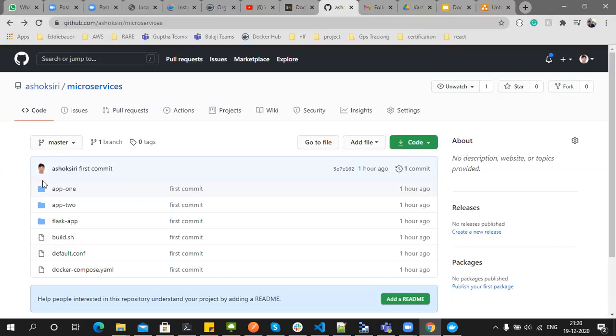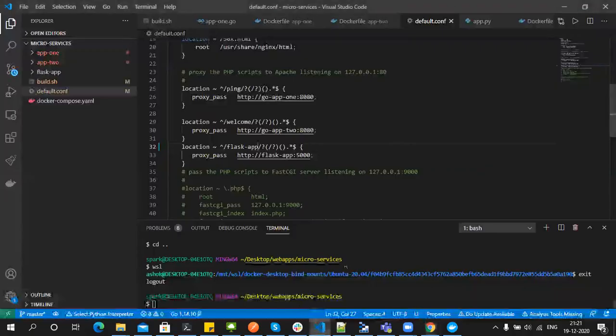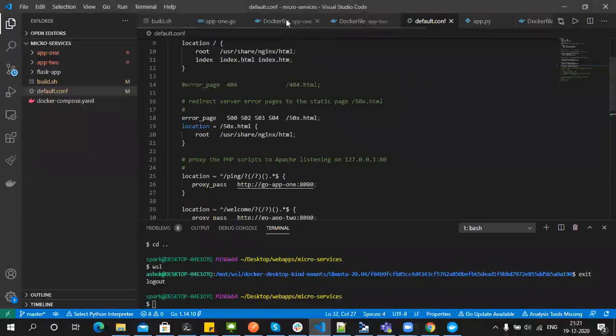So we can deploy many applications using nginx. Not only nginx, you can go with Apache or any reverse proxy server. This is my development environment.